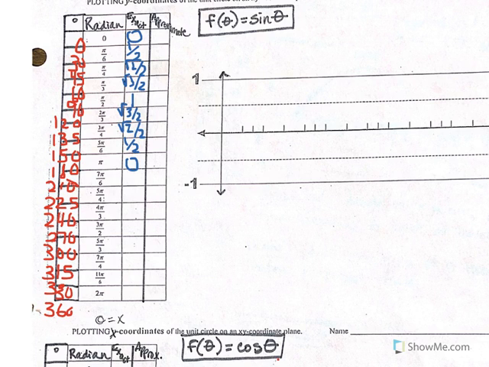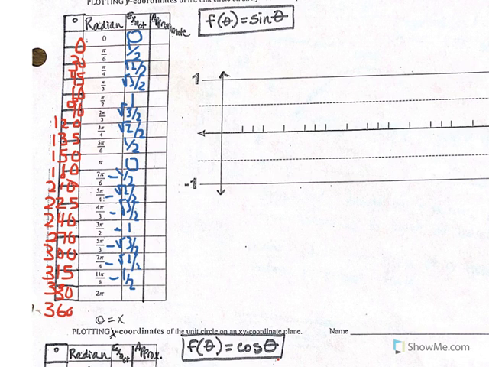Now in the third quadrant, the y-coordinate is negative. So 7 pi over 6, we're negative 1/2. Okay? At 5 pi over 4, we're at negative square root 2 over 2. At 4 pi over 3, we're at negative square root 3 over 2. At 3 pi over 2, we're at negative 1. At 5 pi over 3, we're at negative square root 3 over 2. Okay? And we're now in the fourth quadrant here, so we're going to still be negative. So this is your 45-degree angle in the fourth quadrant, negative square root 2 over 2. And then negative